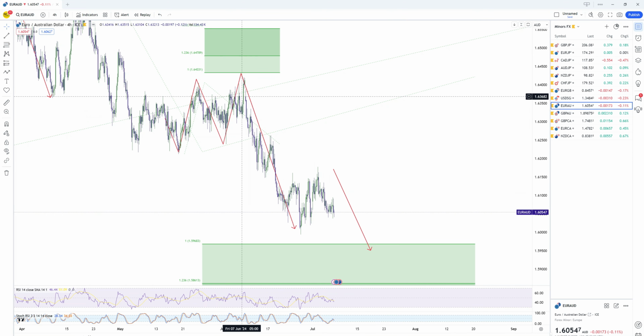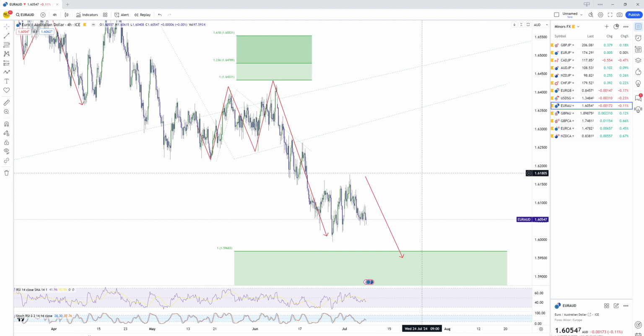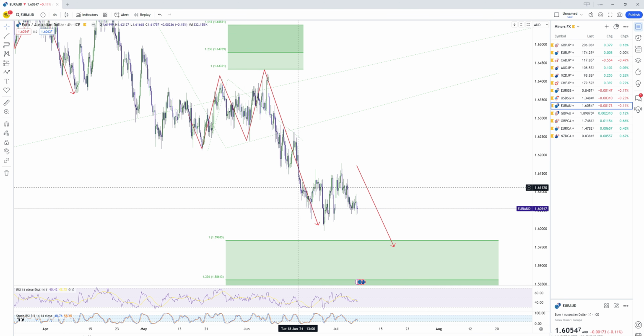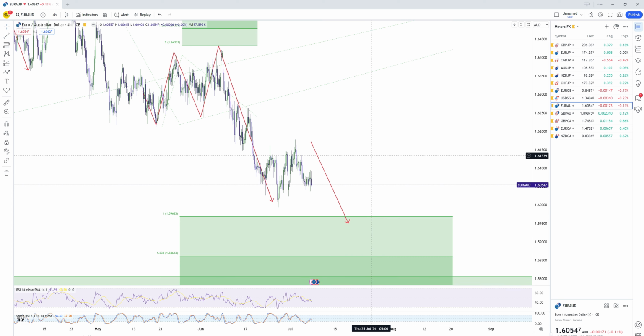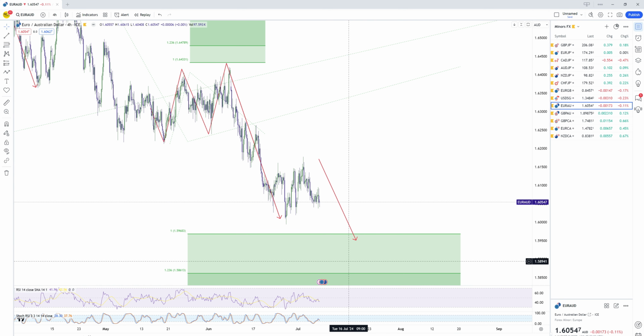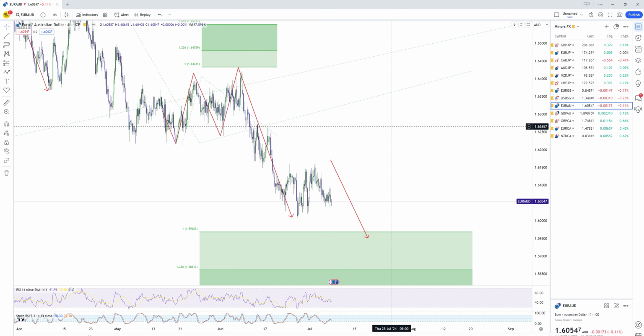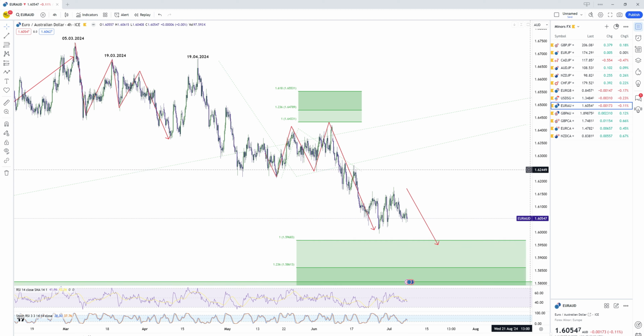EURUSD, as you have seen, we have been explaining about this downwards trend we have been trading for a while now. Over here, the price action tells us that this is a corrective move. We can still expect new lows to be made towards our target areas down here. But of course, at the moment, if you are new here and you are looking for trades, this is not the time to sell it. We have been explaining this one for a long time.